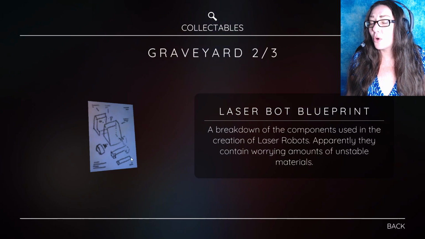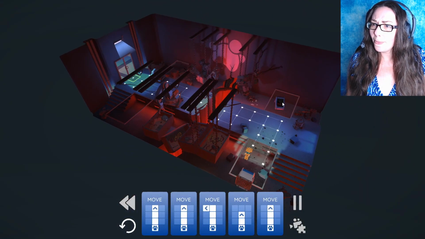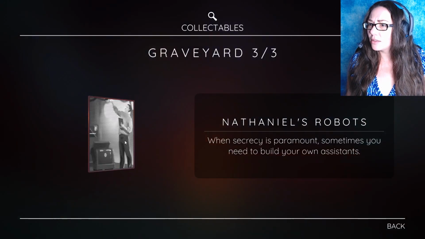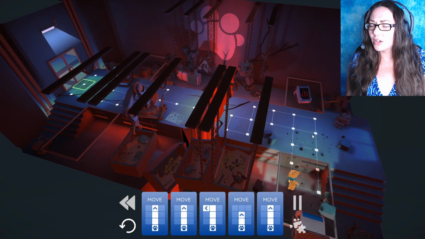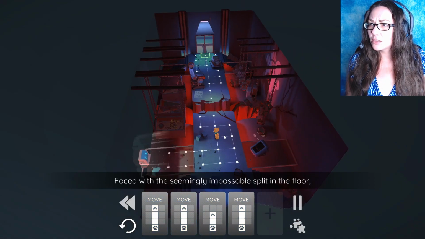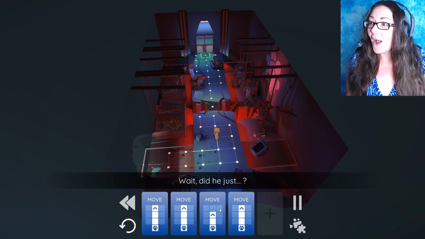They contain worrying amounts of unstable materials. Not good. It's a camera. Nathaniel's robots. Oh, this one is very, very tricky. Faced with a seemingly impassable split in the floor, Theo stopped to think of a way around. We need help from our little robot friend. Wait, did he just...